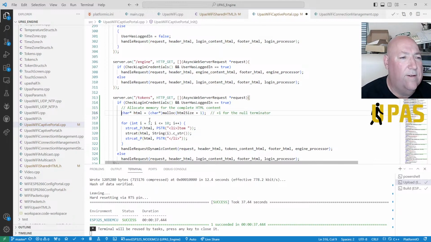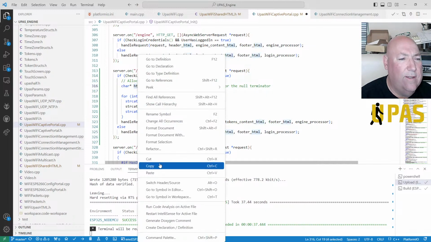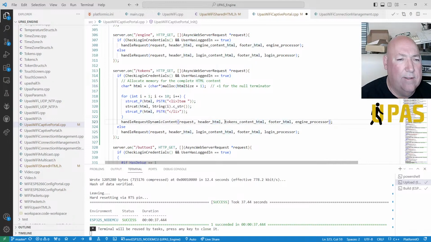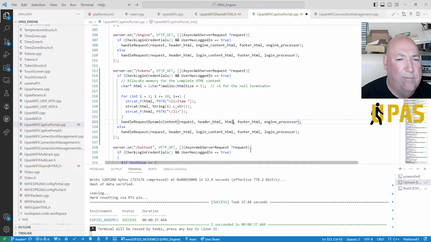Okay, so we've got a HTML. So we've got our list item, then whatever that is, just a dummy placeholder for now. And we need to put that over in here instead of this. And it's probably going to profusely complain about that. And let's see what we get, shall we?